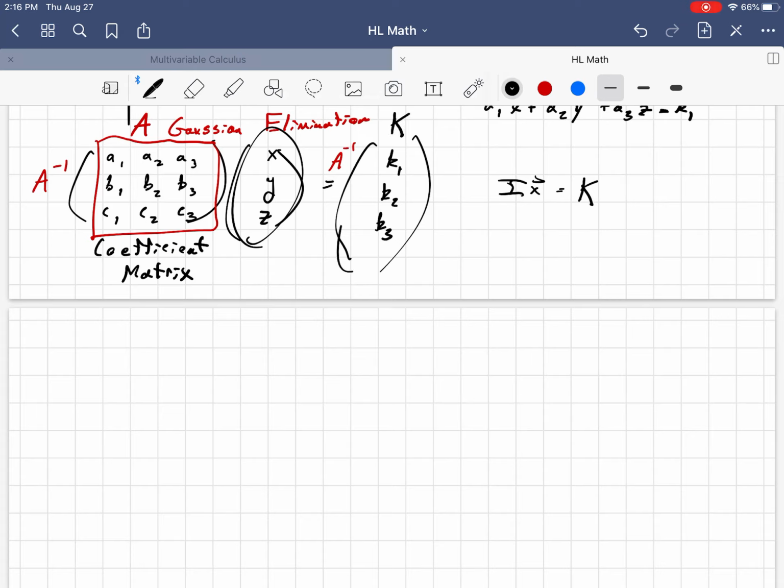This n by 1 matrix right here we would call K. And so now we know that has a solution, but if we were to go from A to multiplying by some matrix to get it to be the identity matrix, which in 3 dimensions is 1, 1, 1, 0, 0, 0, 0, 0, 0, then that means at some point we would have had to have a diagonalized matrix